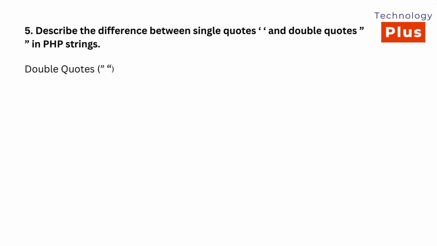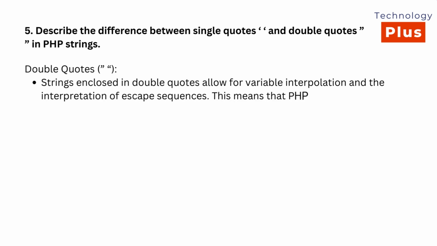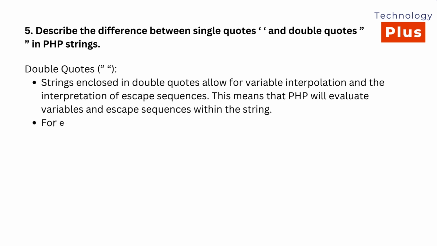Double quotes. Strings enclosed in double quotes allow for variable interpolation and the interpretation of escape sequences. This means that PHP will evaluate variables and escape sequences within the string. For example,